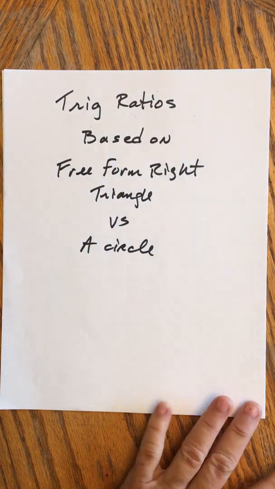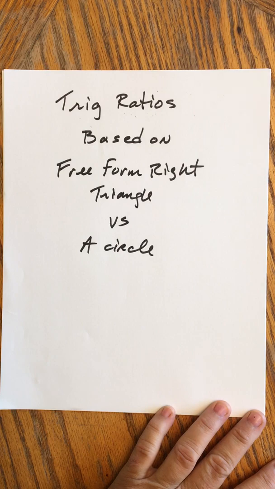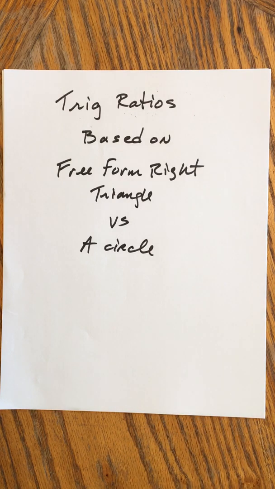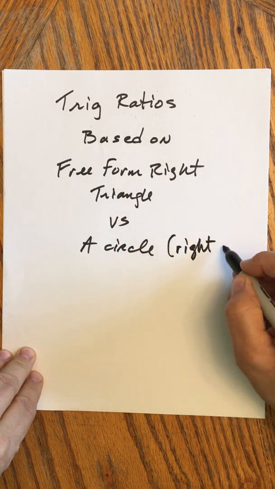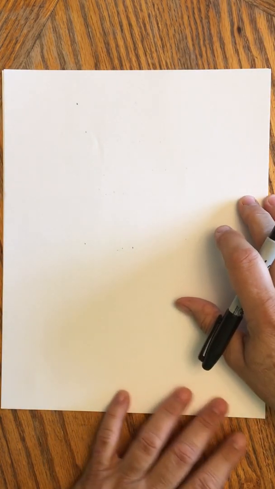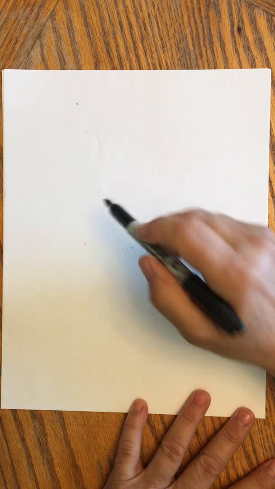In this video, I want to look at the distinction between how the trig ratios are defined based on whether they come from a free-form right triangle or a right triangle on a circle. So what I mean by that is, if you're on a free-form triangle, what that means is